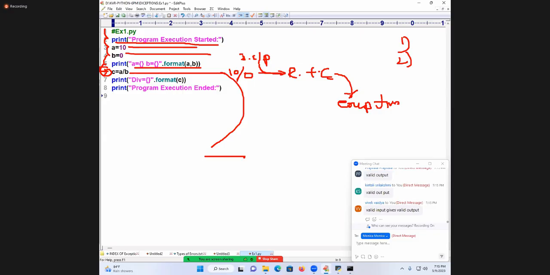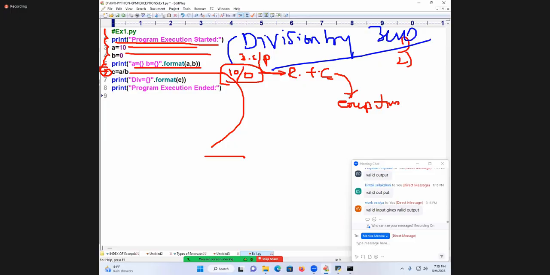That class name is exception class. One exception class is there, the exception class for this problem. First of all, what is this problem name? Division by zero problem, or not? In English, this is known as the division by zero problem. When this division by zero problem is occurring,